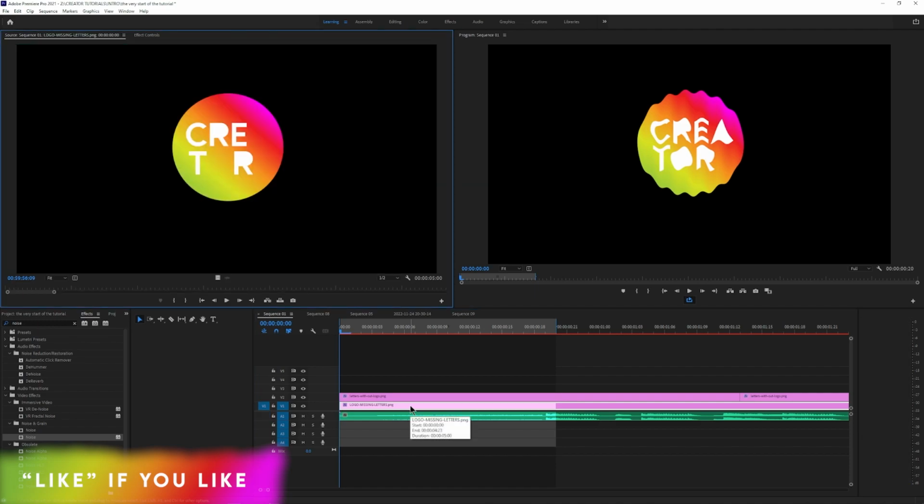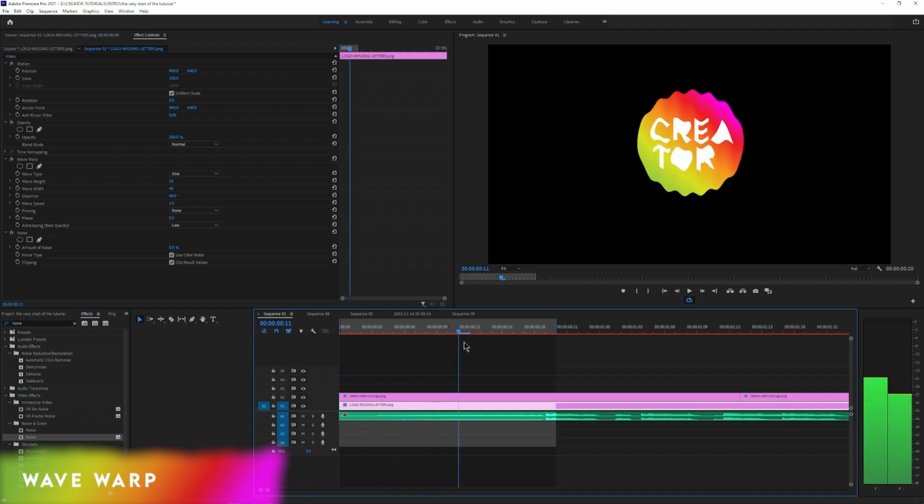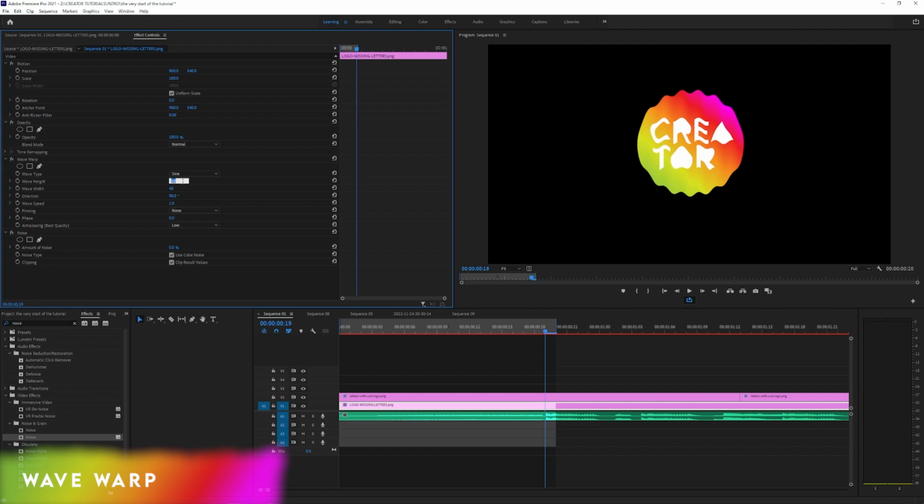So I'm going to come into our bottom layer, and in the effects control, here's our keyframes timeline. I'm going to drag all the way to the end, at the very end where I want the shape to form a solid shape, where I want no effects, and I'm going to go into the wave warp and set these to 0, effectively taking off any effects, and I'm going to add them as keyframes. Now I'm going to drag our timeline to the start,